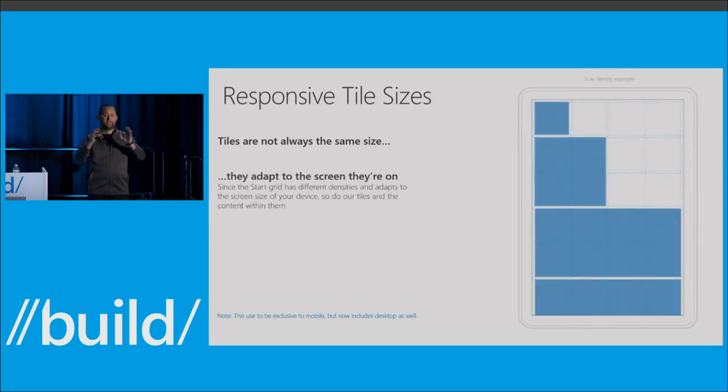The tiles now are actually scaling depending on the density of the screen. We've done some other stuff like reducing margins to make all of this work a little better. But this doesn't just apply to mobile. I know I used phones as examples, but it applies to desktops. It applies to anything with a screen density that can change. And so a lot of what we did this time around was to make sure we could adapt to those densities and just give you the best looking tile no matter what device it's actually running on.